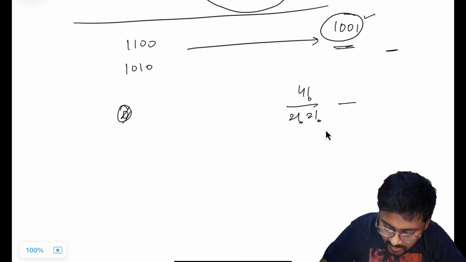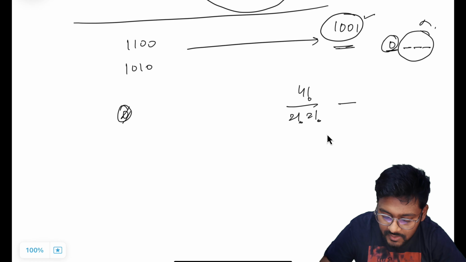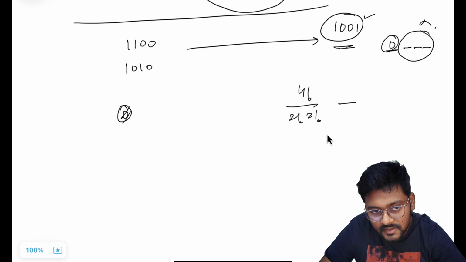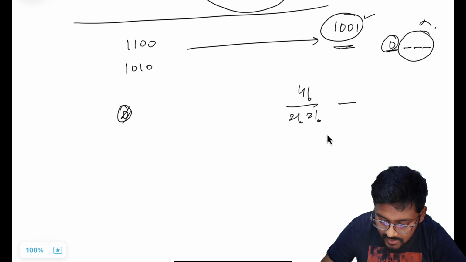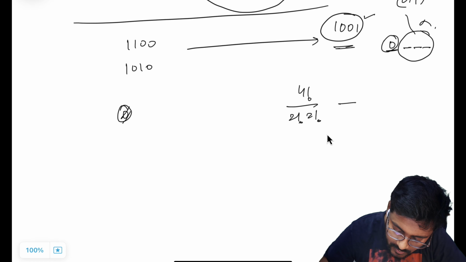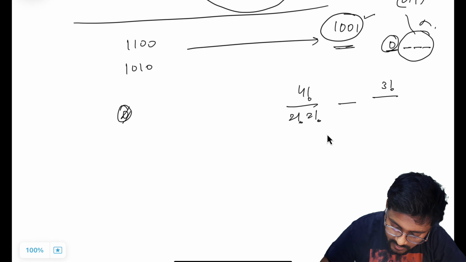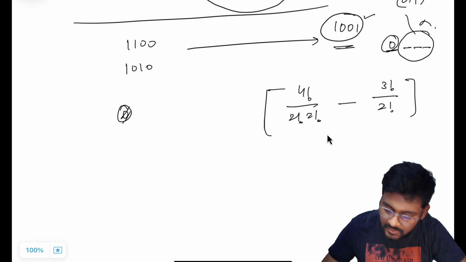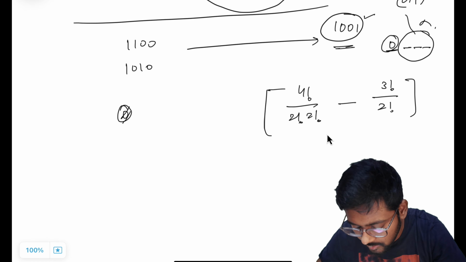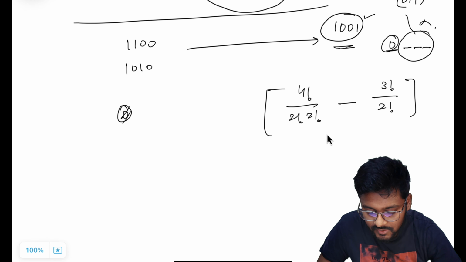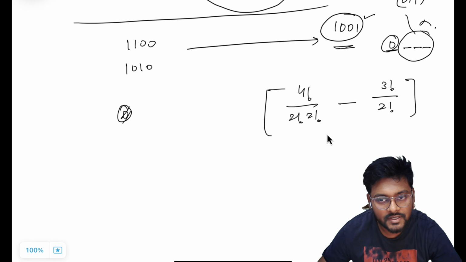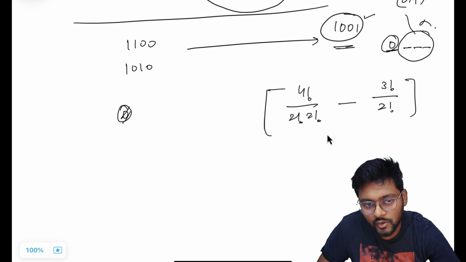It means starting from 0, we have fixed 0. Now we have 3 digits, and these 3 digits are 0, 1, 1. So minus 3 factorial divided by 2 factorial. So this formula is going to give me all the numbers which can be rearranged to a K palindromic,